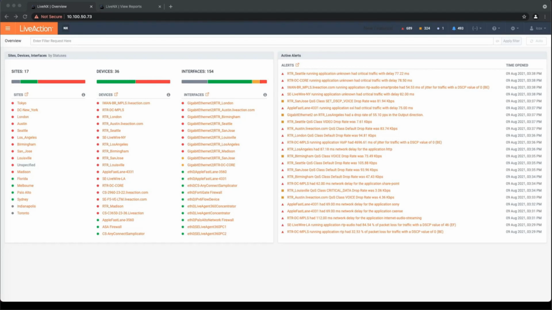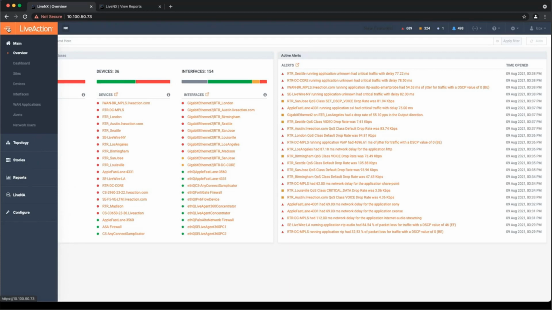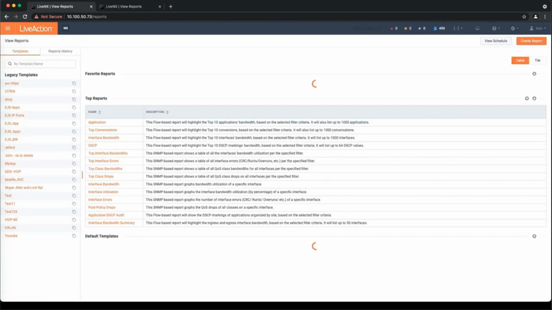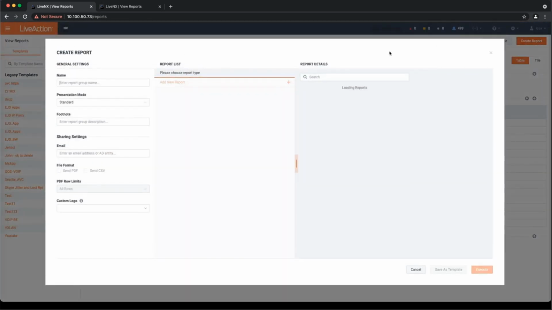So we're going to run a really simple report that's going to audit the DSCP markings for Cisco voice traffic across the entire network infrastructure. So again, just clicking on my menu button here. This time we're going to go into our reporting engine, click on View Reports. I'm going to create a report and I'm going to filter for DSCP